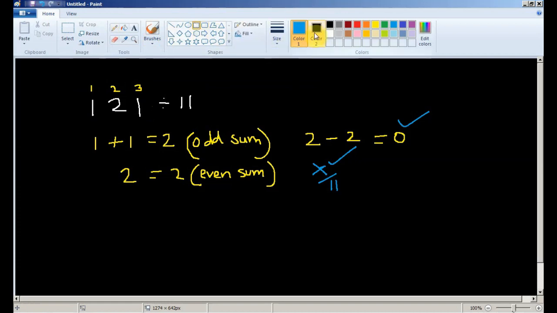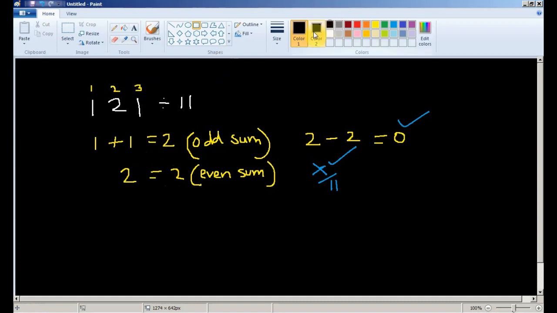Let's check another one. Okay, and this odd position, the position starts from 1, 2, 3 and so on. So you have to sum up all the digits in the odd positions, sum all the digits in the even positions, and then subtract even from odd and look at the result.